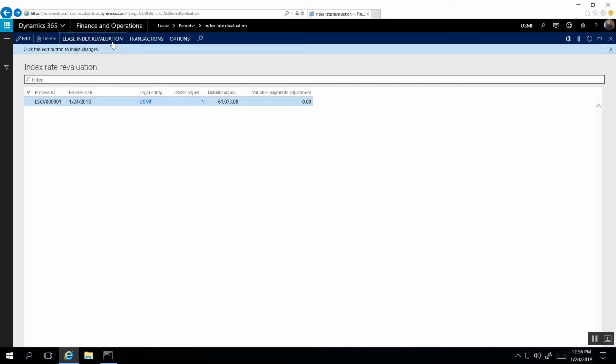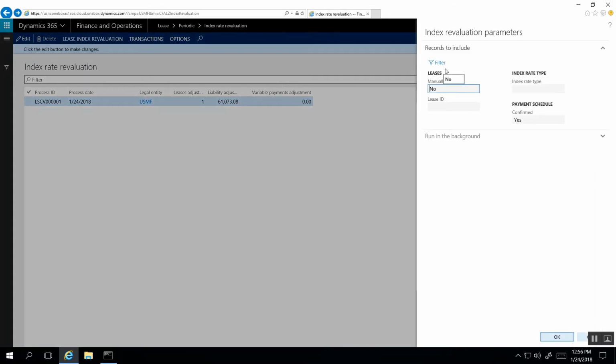That occurs when an index rate is revalued under the ASC 842 standards. And we will also post another video to explain how the Crowe Leased Asset Calculator can account for ASC 842 index rate revaluations. So to start the revaluation, we can click Index Revaluation, Lease Index Revaluation, and we can filter